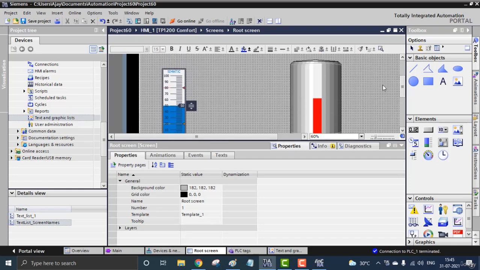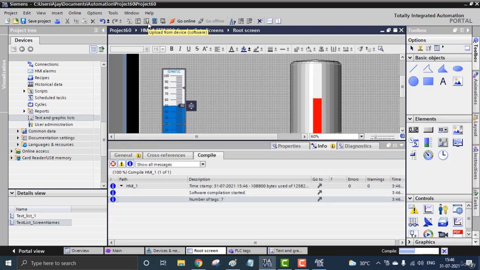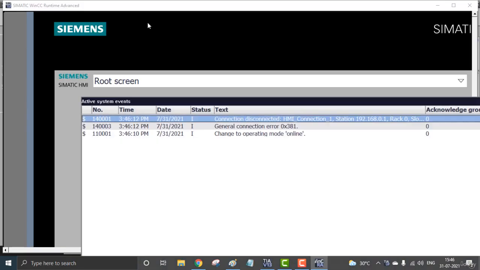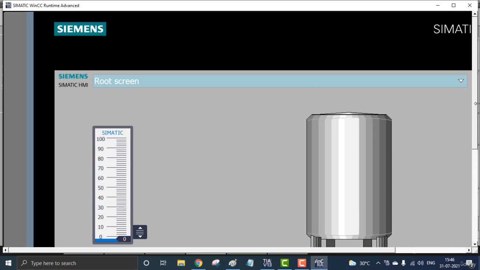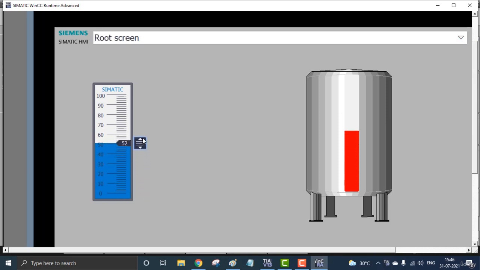Let's see the object filling right here. I'm getting back into the simulation, and now we can see 5, 4, 3, 2, 1, and go. So here you can see it's a tank, and the tank can be filled with this slider. Whoosh, whoosh. That is the process when the slider is moved.